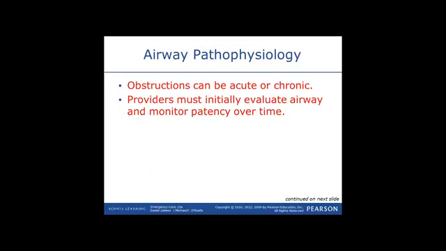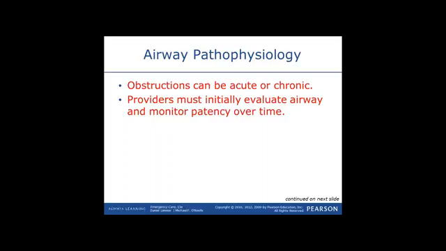Acute means what? Say again? Nope. What's that? It is serious. That's not the definition. Sudden onset, right? It happens right now. Acute chest pain is something that happens right this very second. Chronic chest pain is, well, I get this chest pain that comes and goes every few hours or whatever. Does that make sense? So acute is something that happens right now, and chronic is something that happens over a